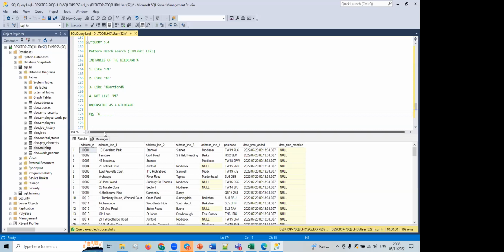Now, what this simply means is that this literal here must start with a K, but must have 1, 2, 3, 4, 5 characters. That is what it means. It must have 5 characters in the string, and the first must be a K. So if we were to flip it,